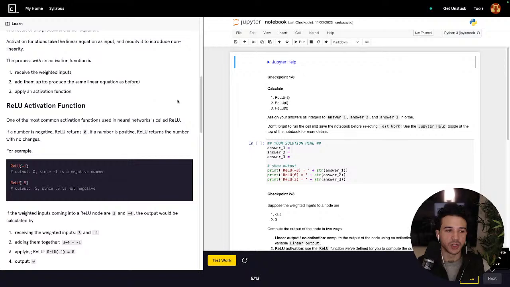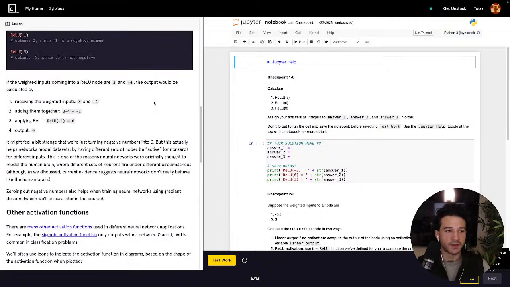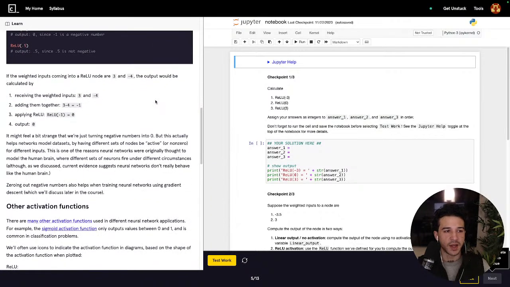ReLU activation function. One of the most common activation functions used in neural networks is called ReLU. If a number is negative, ReLU returns 0. If a number is positive, ReLU returns the number with no changes. For example, ReLU of -1, the output is 0 since -1 is negative. ReLU of 0.5, output is 0.5 since it's not negative. If the weighted inputs coming into a ReLU node are 3 and -4, the output would be calculated by receiving the weighted inputs 3 and -4, adding them together, 3 minus 4 equals -1, applying ReLU, ReLU of -1 equals 0,